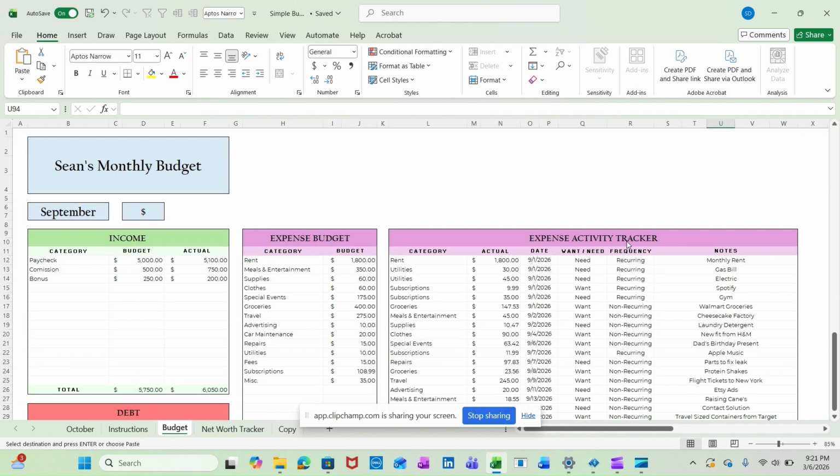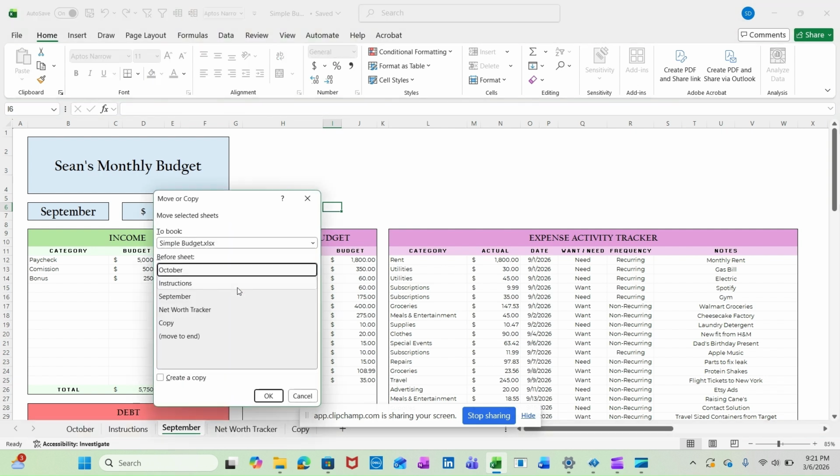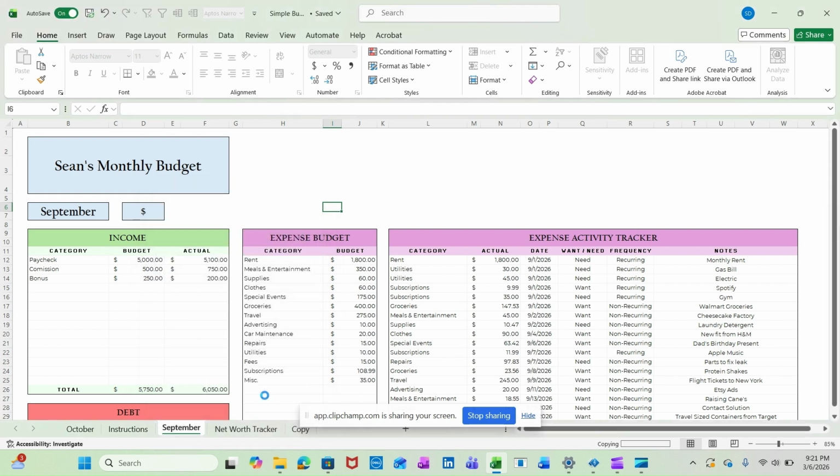And the other thing here is you can copy this tab. So this tab is useful for September. Maybe we'll label this as September down here. And I just edited that by double clicking into this tab right here. And if you right click here and then select move or copy, this will actually create a copy of this tab. If you select this box right here, say copy,